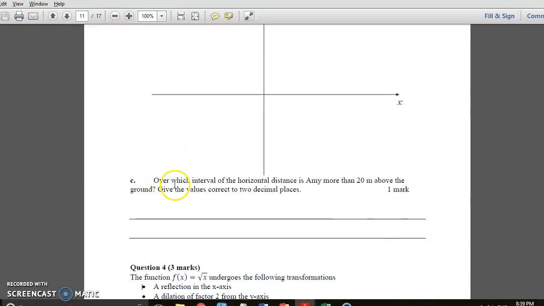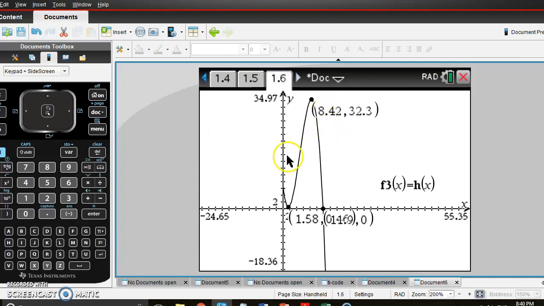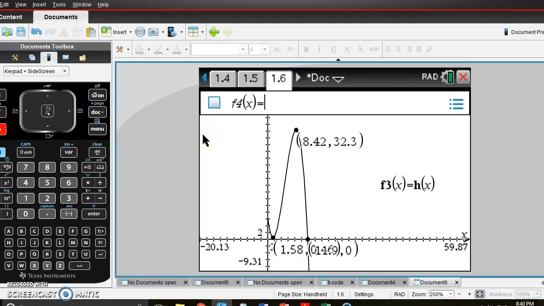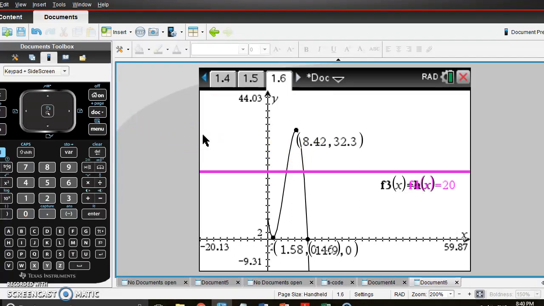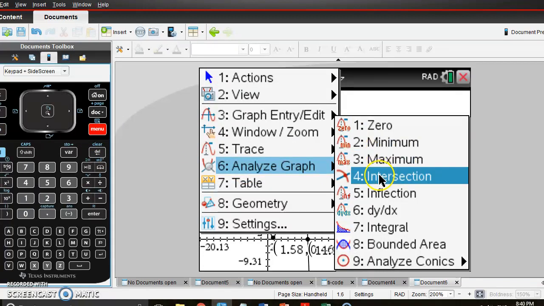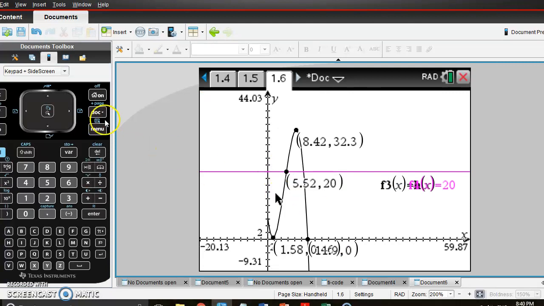So over which interval of the horizontal distance is Amy more than 20 meters above the ground? Give your answer to one decimal place. Okay, so we want to see where she's 20 meters above the ground. Well, for that, we can go to the graph, and if she's more than 20 meters above the ground, that means we're going to draw another graph at y equals 20. So we'll say 20, and we're going to find some intersection points. Analyze graph, intersection, here and here,